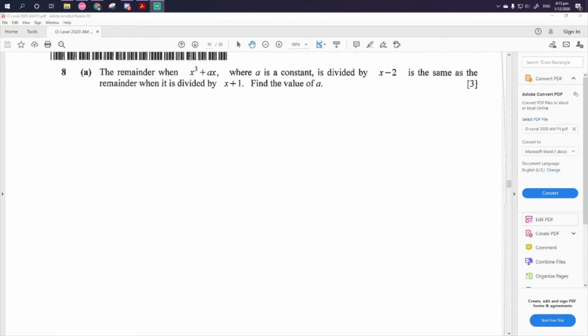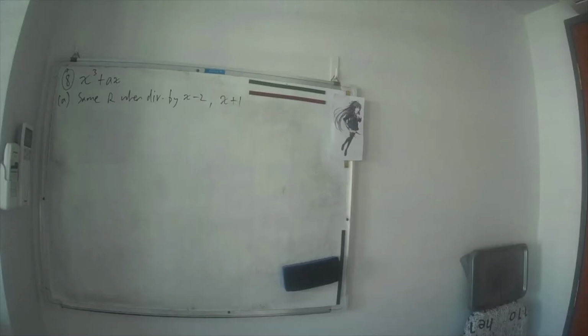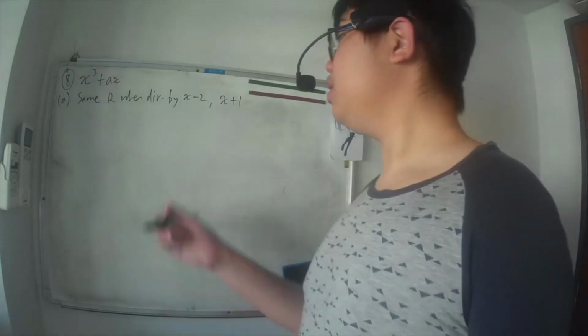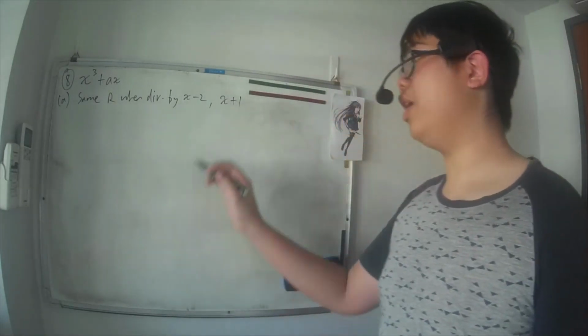Question 8, part A. The remainder when x cubed plus ax, where a is a constant, is divided by x minus 2 is the same as the remainder when it is divided by x plus 1. Hence find the value of a. Okay, so we will use our remainder theorem, sub x equals to 2 and sub x equals to minus 1